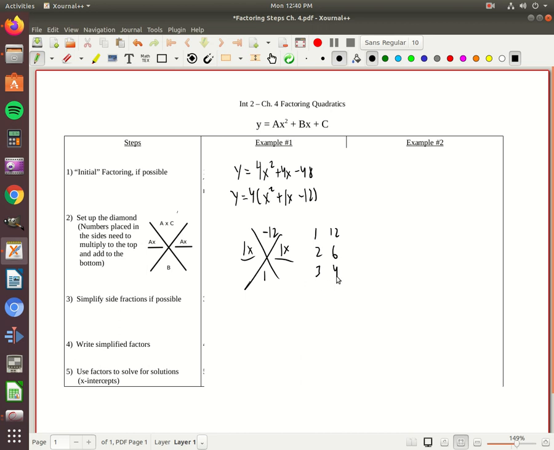Now think about it. It needs to add to a positive, so it would be negative. What if I did that, right? Negative 3 times 4 is negative 12. Negative 3 plus 4 is 1. That makes a lot of sense to me. So now I will see if I can simplify these. 1/3 and 1/4 I can't simplify, so I will just go with y equals, don't forget,